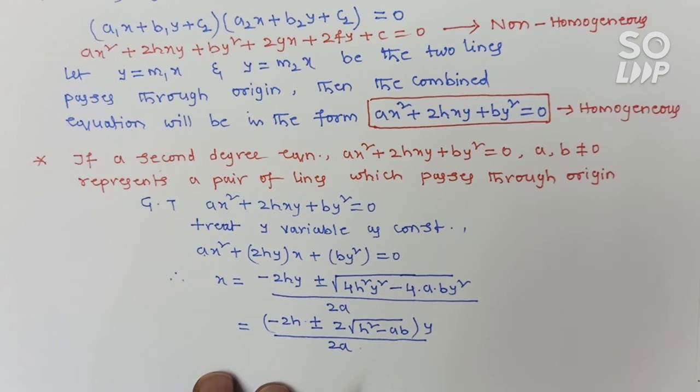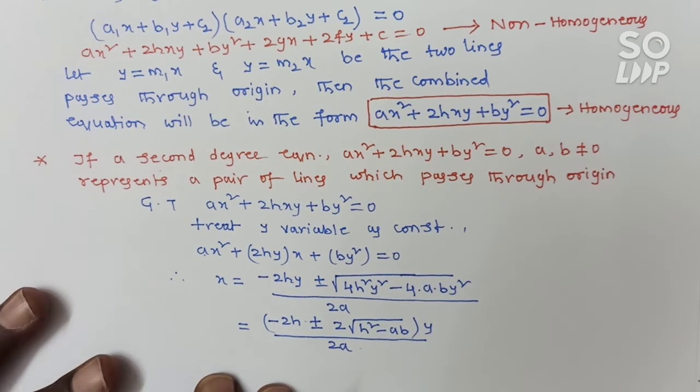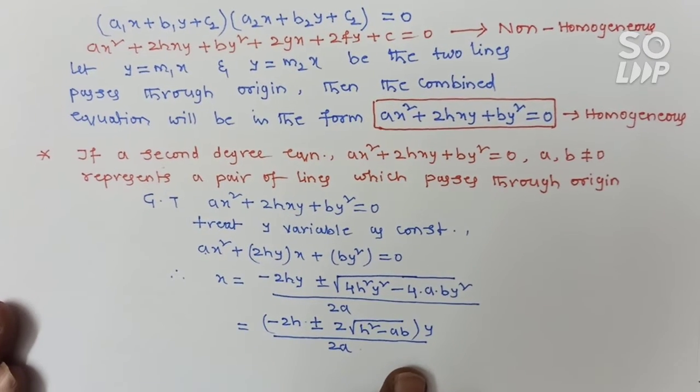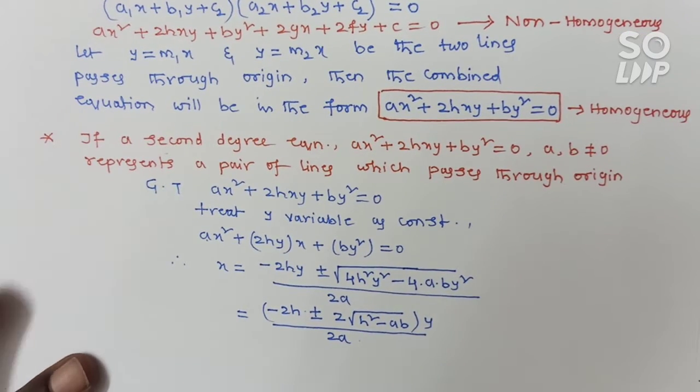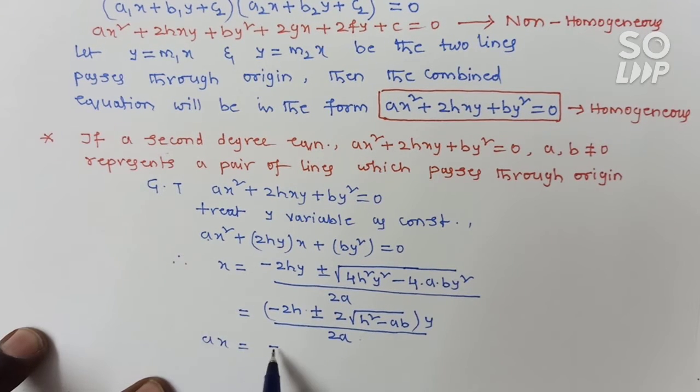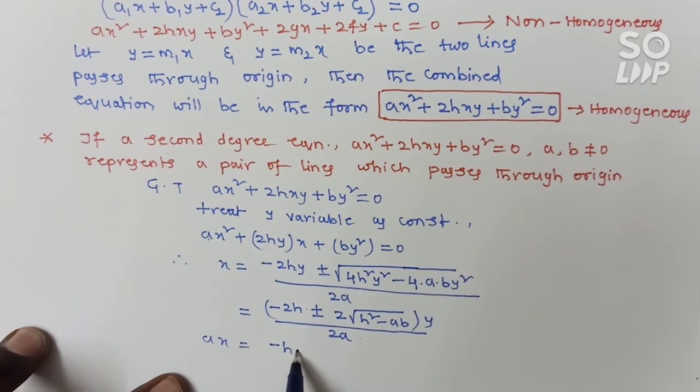So numerator and denominator you can cancel that 2. That means x is equals to minus, you cross multiply, a into x is equals to minus h